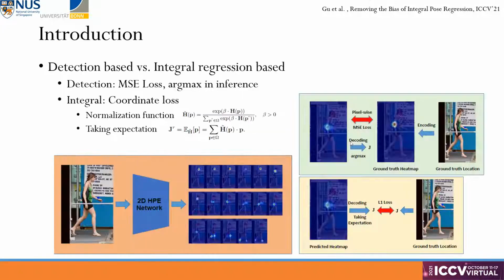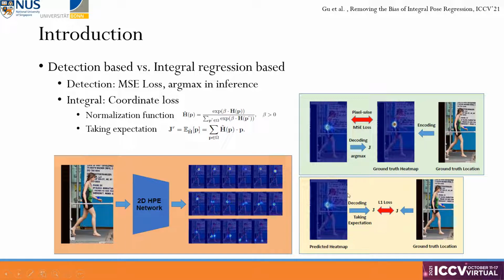Let me first do a brief introduction of this task. For each crop image containing only one human, a backbone like SimpleBaseline or HRNet is employed to output heat maps where the value corresponds to the probability of being the correct joint. For detection, there are ground truth heat maps generated from ground truth coordinates, which is a 2D Gaussian around the